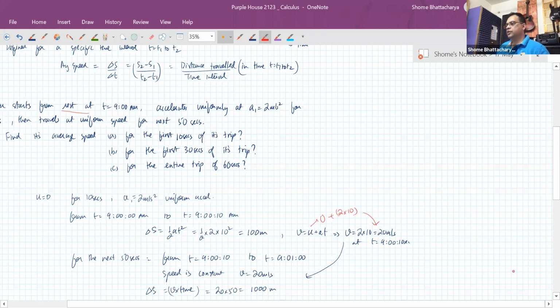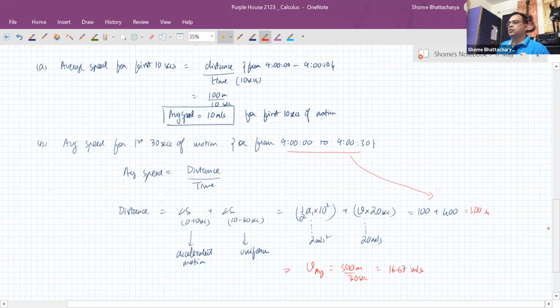Yes, sir. So basically we are just using our previous knowledge of the three equations of motion for uniform acceleration. We have not used the third one yet, but we are using these equations. S is equal to ut plus half at square. v is equal to u plus at, right? And you also know the third one, that v square is equal to u square plus 2as. But these equations are valid in which condition? When acceleration is uniform, right? It is for uniformly accelerated motion.